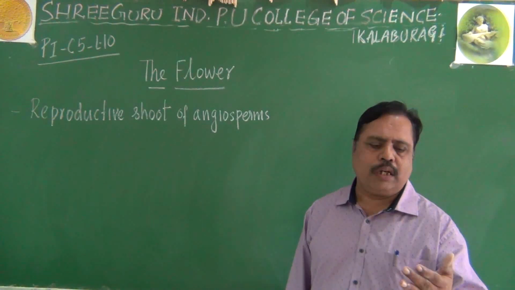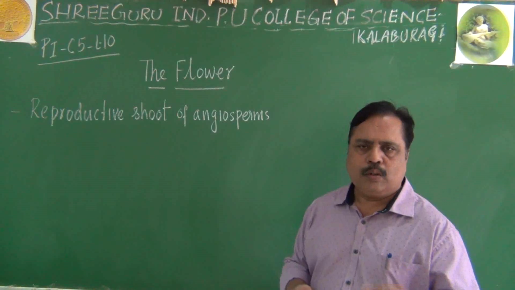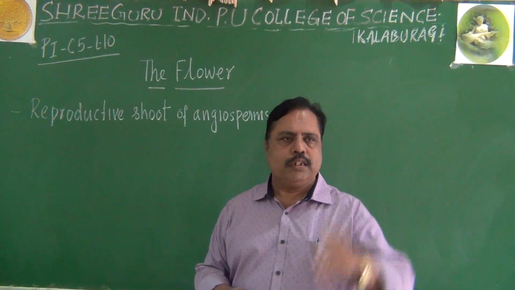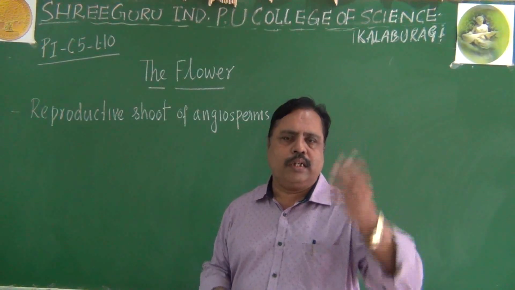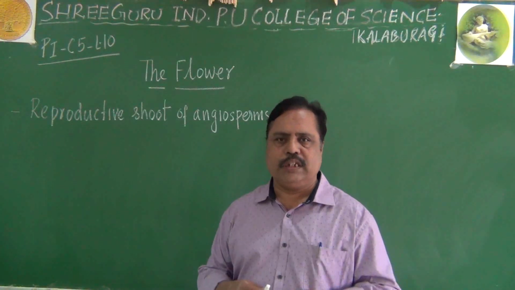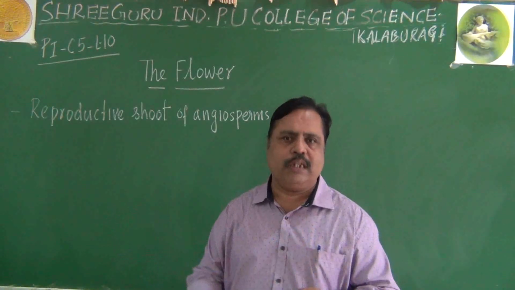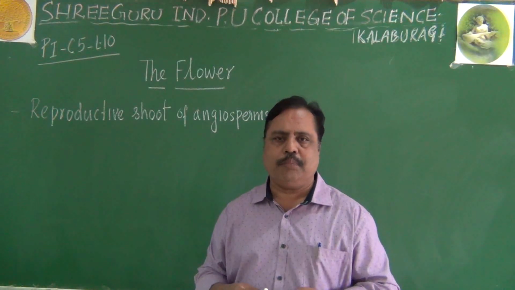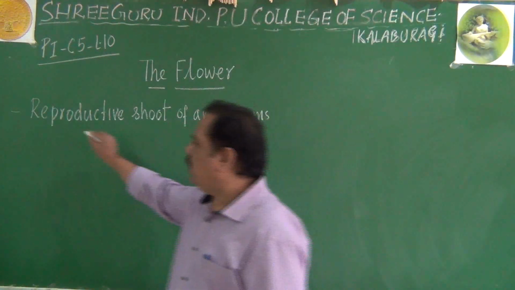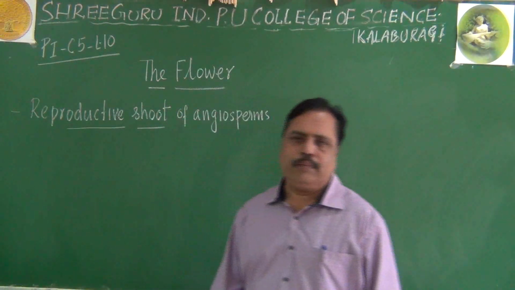What is meant by reproductive shoot? You know, for performing different functions, different parts are there. Root means main function is fixation and absorption. Stem means ascending part conducting the water and minerals. Leaves means photosynthesis. Inflorescence means cluster of flowers, group of flowers, for helping pollination. We will study about pollination and all later. Now I am telling a point. Reproductive shoot of an angiosperm is called a flower.